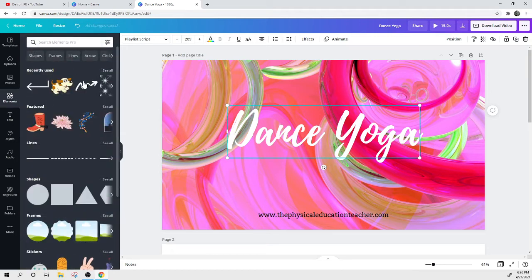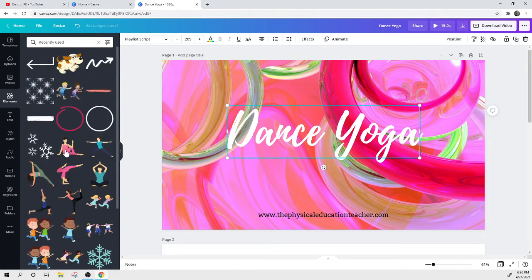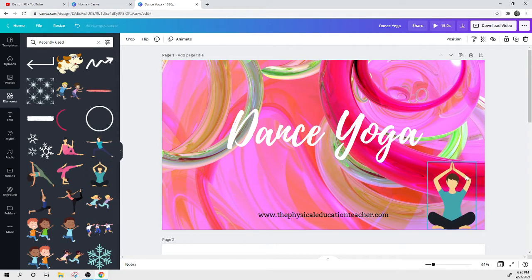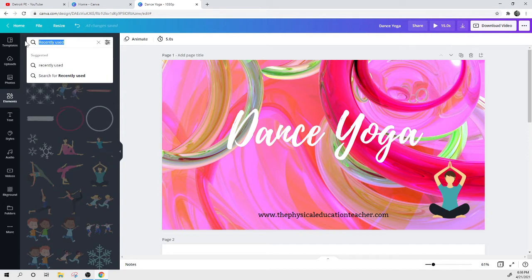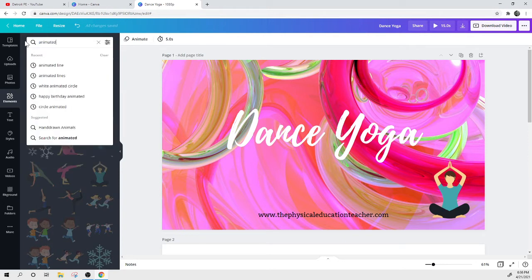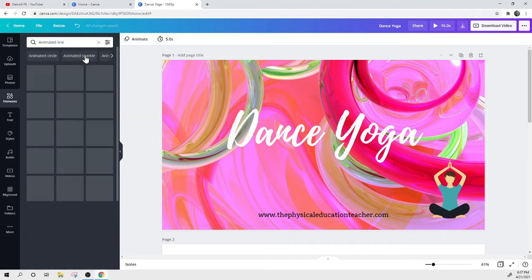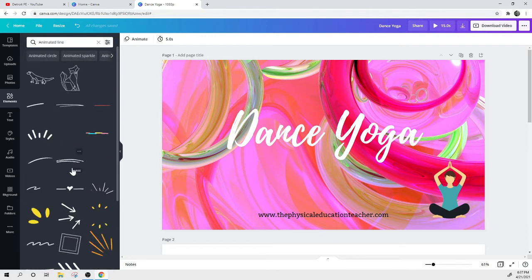These are kind of cool. I've been actually doing this more recently. You can see I have in my see all, I have been using yoga elements or just different kinds of things to put on my front screen. For today, I'm just going to use one. Some of them you can change the colors on them, you see up here. Some of them you can't. It just kind of depends what you're using. But you could do like animated anything. Let's see, animated line. See how these are, and you could do